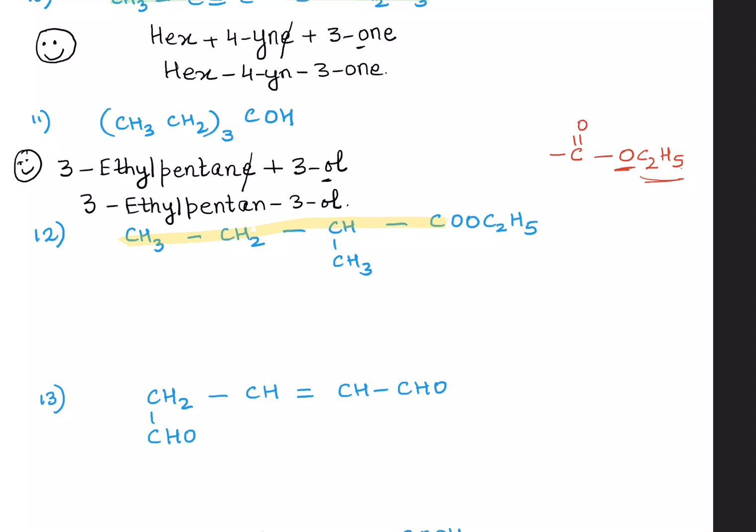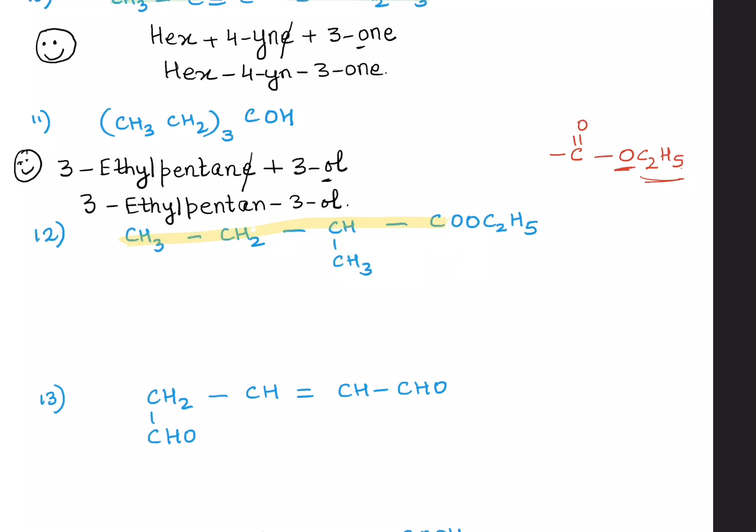The question is, supposing you have a doubt, why didn't we take it as 1, 2, 3 and 4? Why don't we take it this way? Because if we do that, we are excluding the functional group, which is the boss in IUPAC nomenclature. It is the functional group which defines the chemical properties of a substance, so we cannot give it a second class treatment, right?